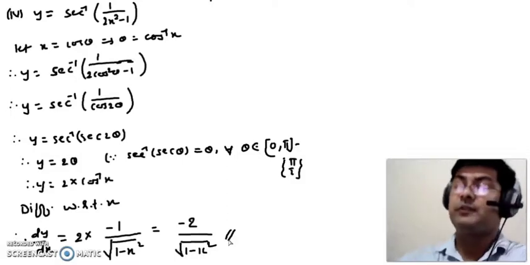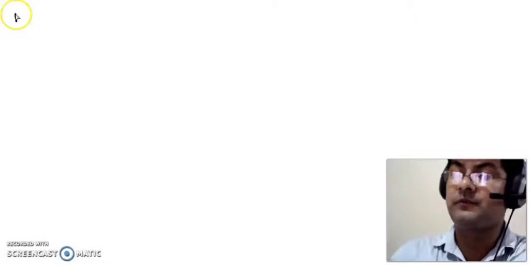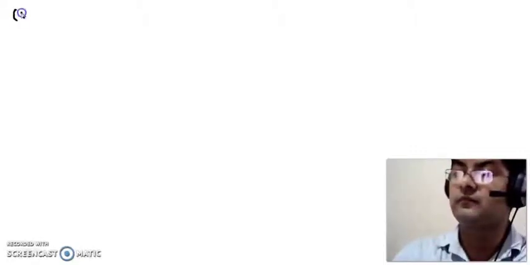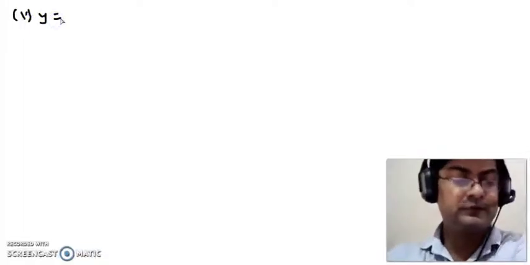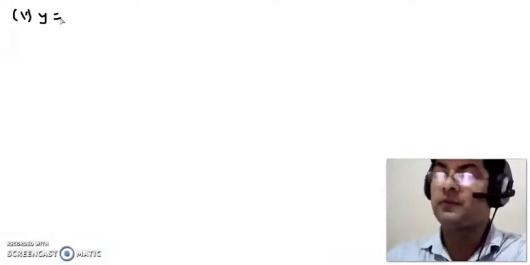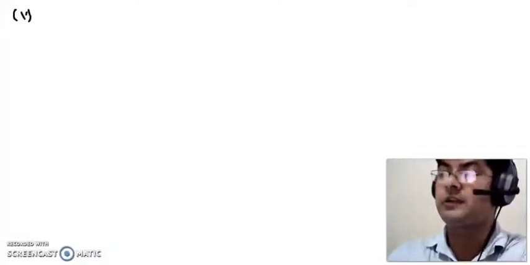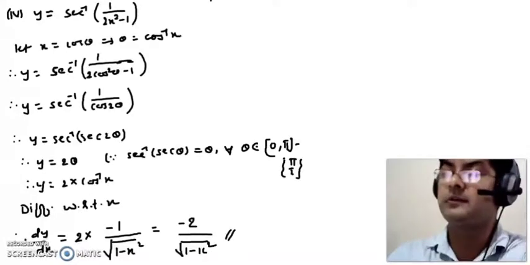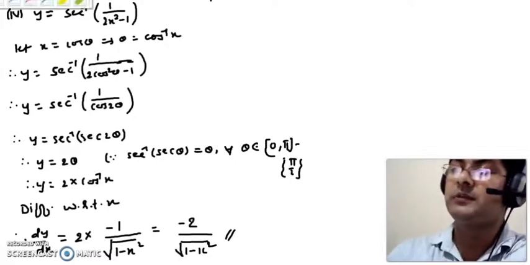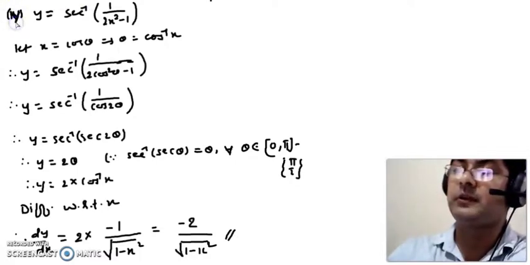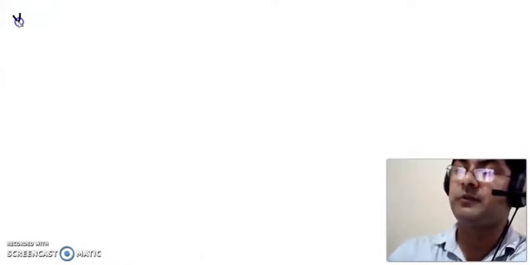So number 4 is over. Now let us solve the next question, question number 5 of the third question. Okay, number 5 only we have solved. That was the last one which we solved, number 5. So you may change the number. This is number 5, not number 4. Clear? Okay, now the next question will be number 6.